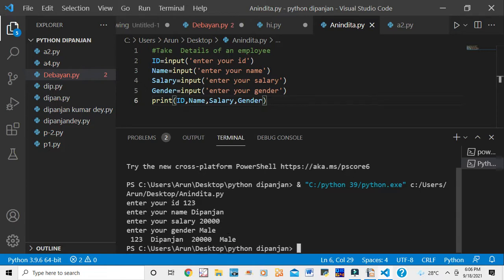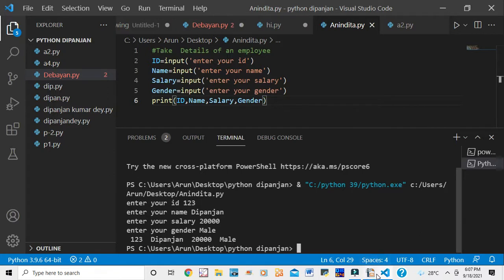You will see the program has run. 1 2 3 is the ID, Dipanjan is the employee name, and 20,000 is my salary. Then male is your gender. These have run.